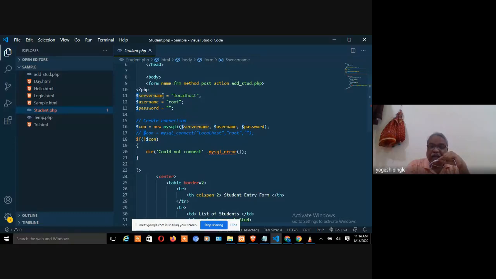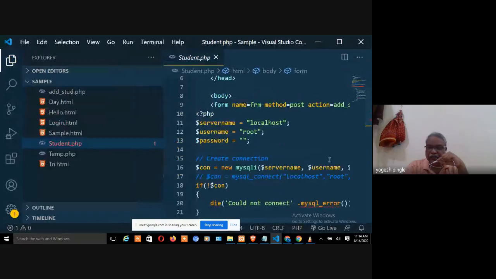Whenever you are adding this PHP code inside HTML, you have to start with less than question mark php, and whenever you are ending, you have to end with question mark greater than sign. This is important. I will just enlarge the screen so that you can see. This syntax is very, very important, because if you don't add this, you will get an error, and debugging this web page is very dangerous.